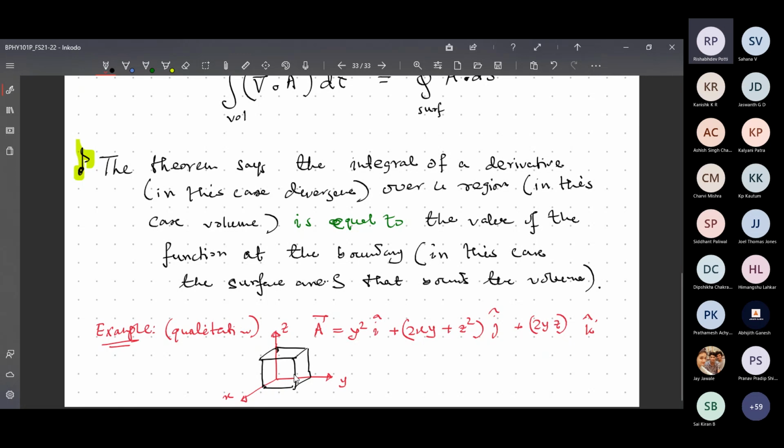Yes, sir, but why have we taken it as a cube specifically? No, no, this is an example. You can change the example. I am giving you this prototype problem. In this prototype problem, what is the meaning of the volume and surface integral? That I am trying to emphasize to you. So in this case, the volume integral is the integral over the